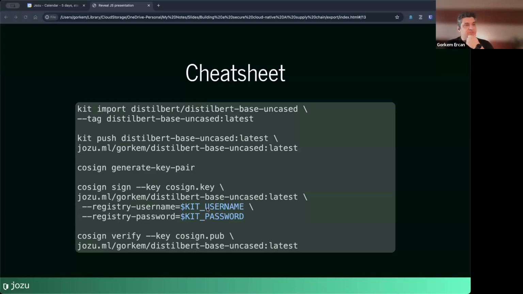So how are we doing with the exercise? Any questions, anything I can help with? How many of you have logged into your model kit registry with kit login?